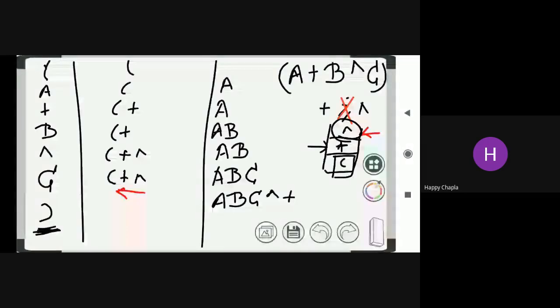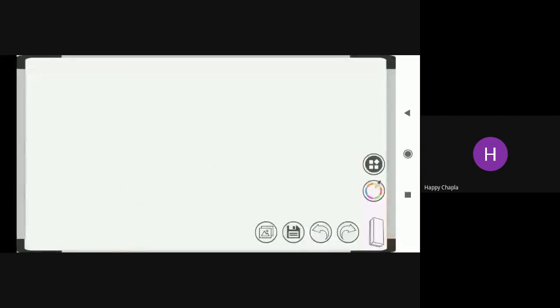See, if you have any doubt, then please ask me. We'll solve the other examples also in the class, but still, if you have any doubt, you need to ask me. Okay, now I'm giving you the next question. This is the last question. Then we'll move towards the program.